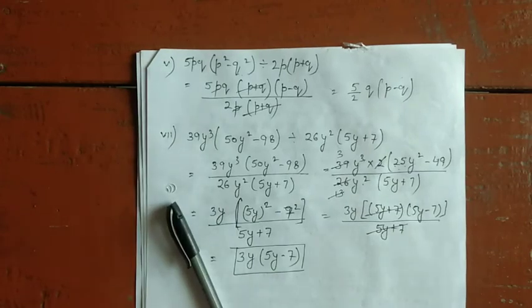So what you need to take care of regarding the numerator is that you have to find out the possible way to factorize the numerator, then we will cancel out the numerator with the denominator. So this is the method where we are dividing polynomial by polynomial. For division of polynomial by polynomial, first of all we need to factorize the numerator, then we need to divide it.